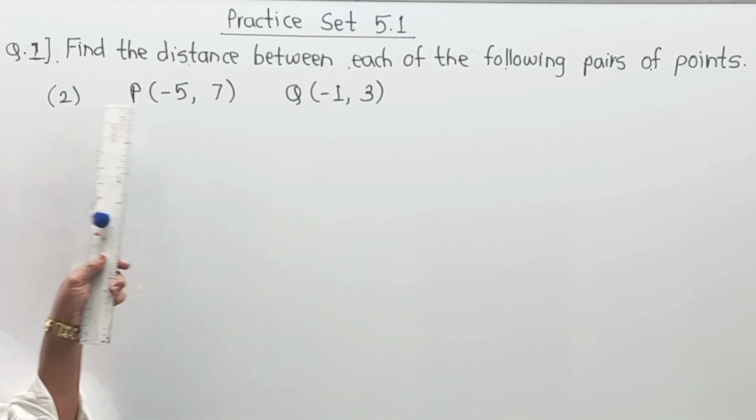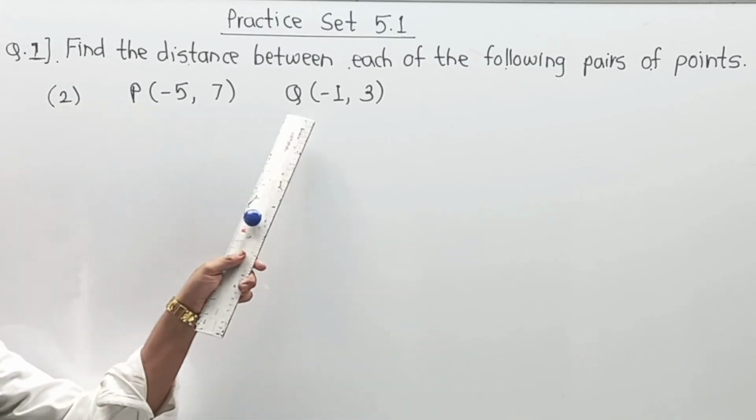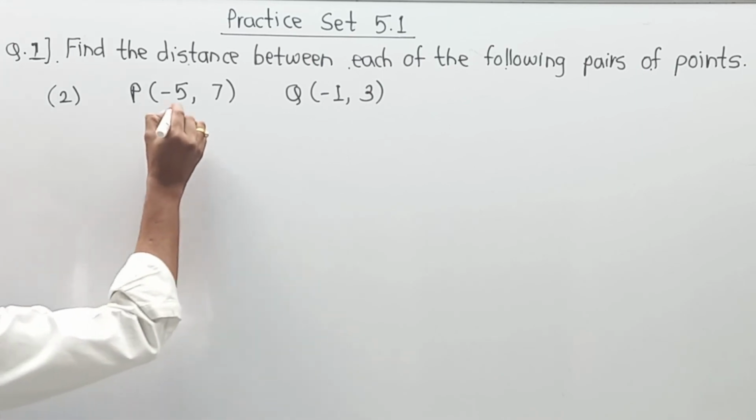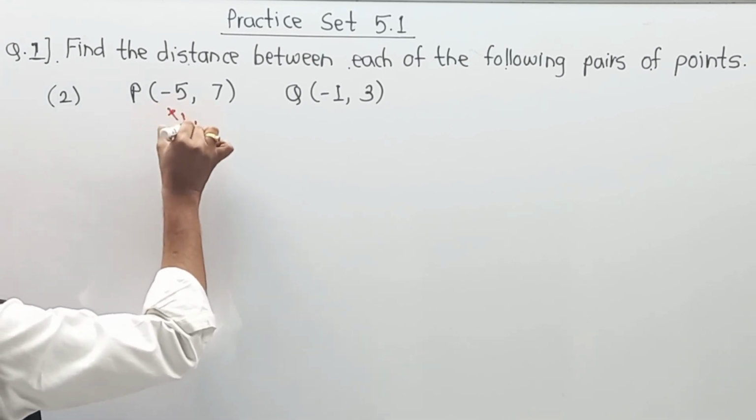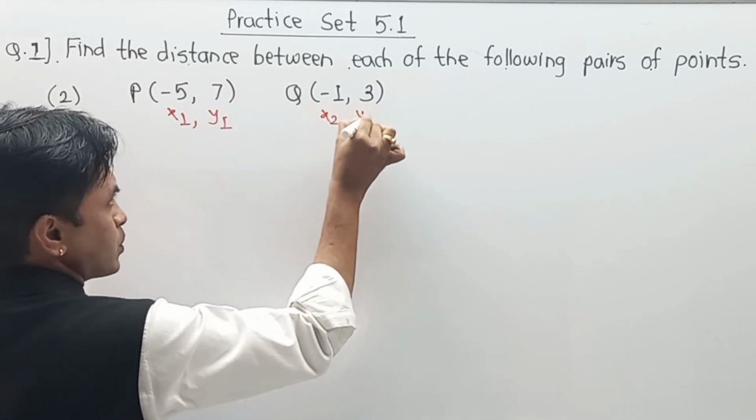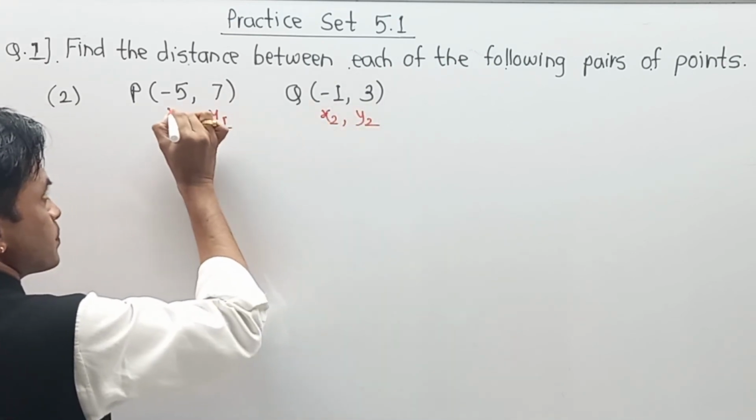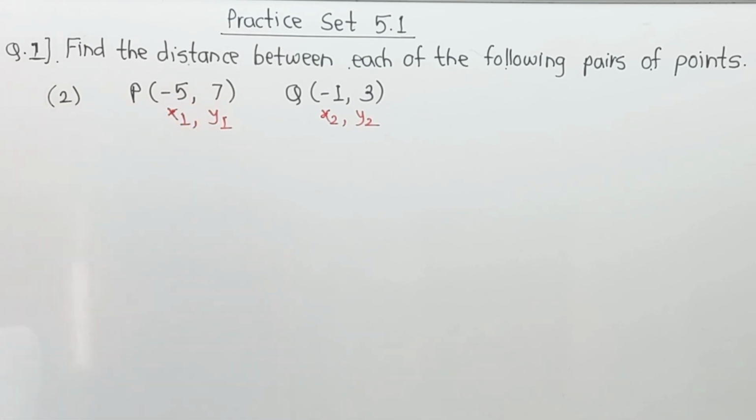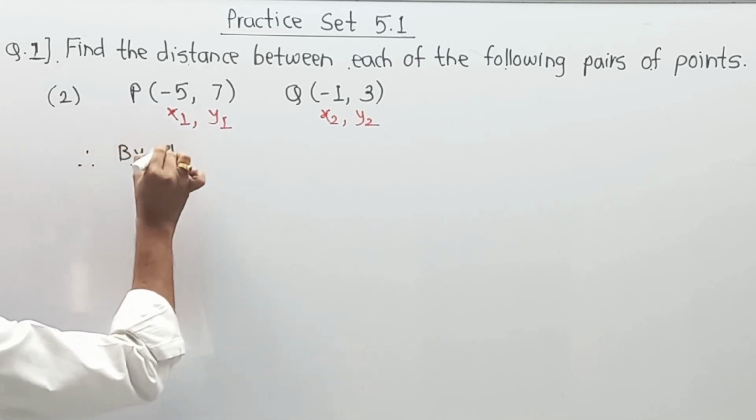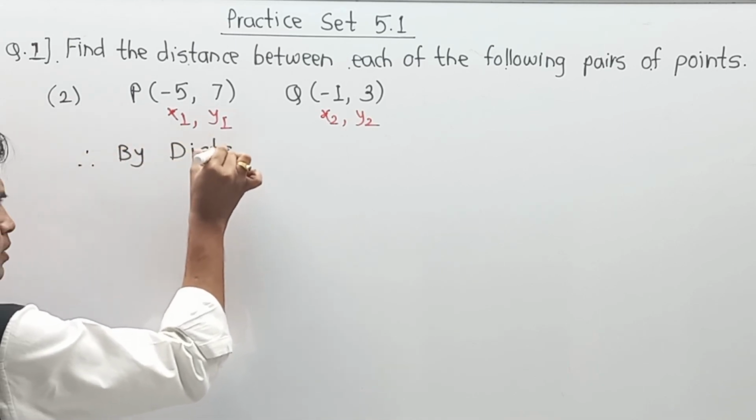Now our second numerical is P is (minus 5, 7) and Q is (minus 1, 3). Again our formulation remains the same. Means if you are not interested to draw a rough diagram, directly you can indicate this point as (x1, y1) and the second point as (x2, y2) over here. Now we are straight away applying the distance formula over here. Therefore by distance formula,